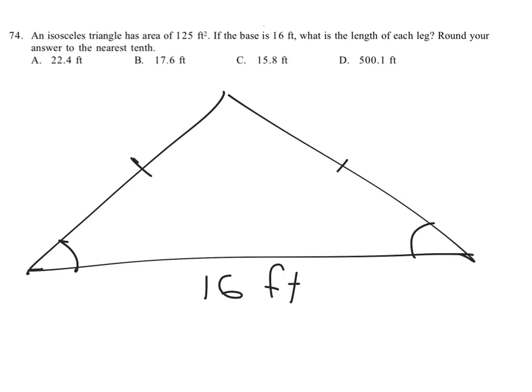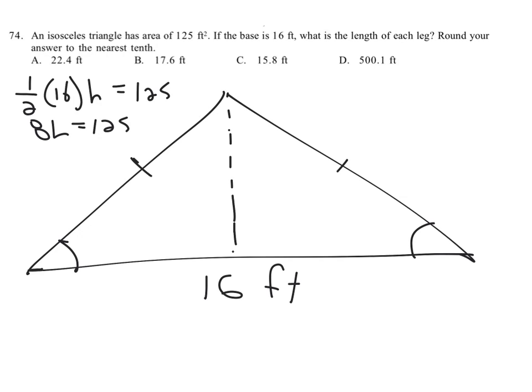Well, here we need to first find the height. We're going to use the height by saying 1/2 base times height. So if we say 1/2 base times a height, base of 16 times the height that we're looking for, currently equals 125, then we've got 8h equals 125, or h equals 125 over 8. I'm going to keep it as a fraction, just for